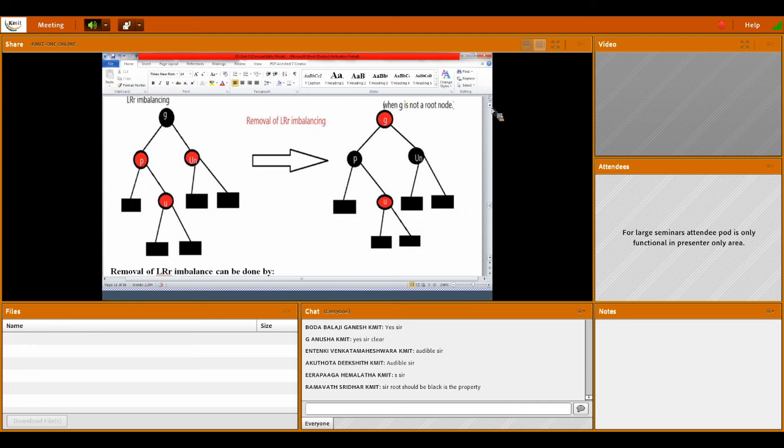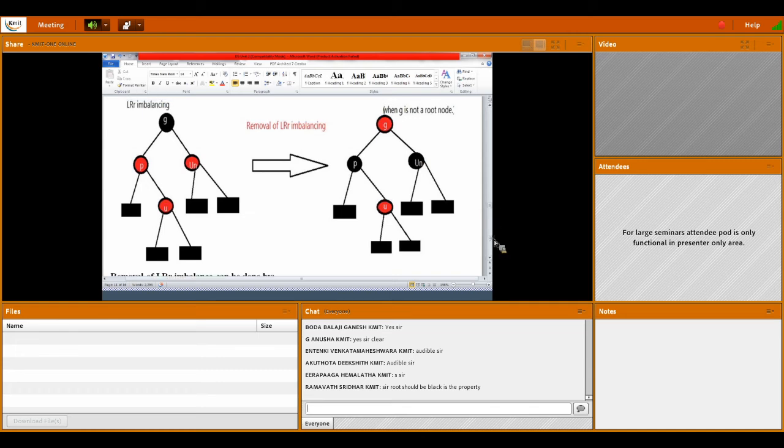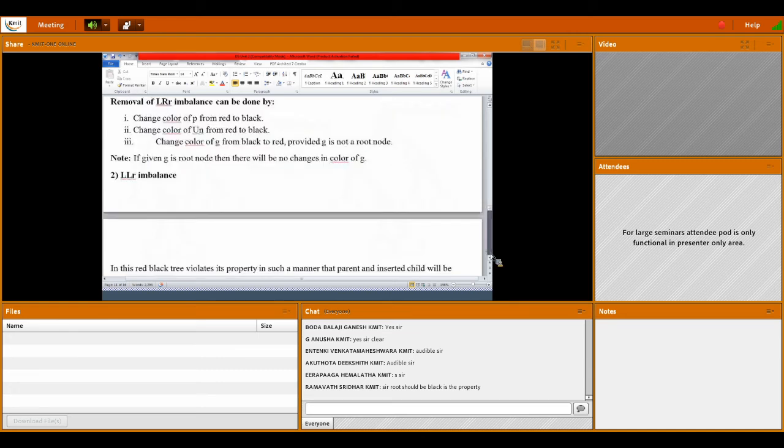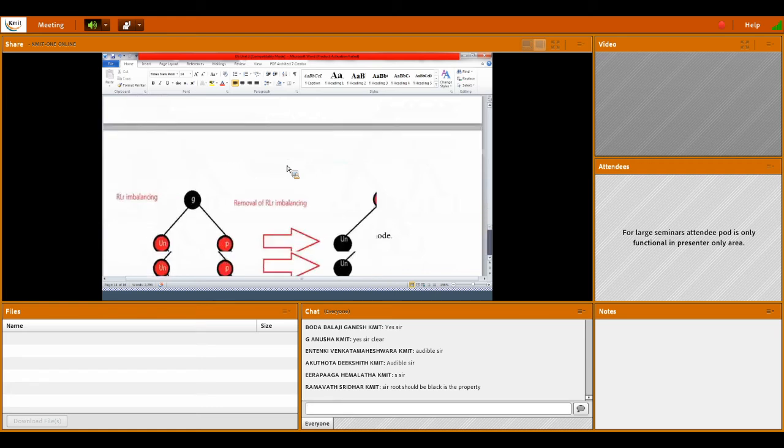So now the grandparent is red, P is black, and the siblings are black. The inserted node is red. And now it is satisfying all the properties.